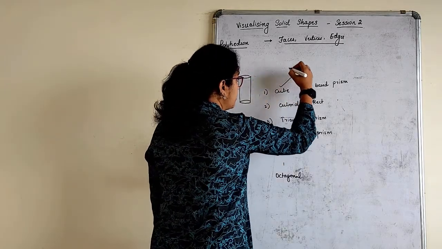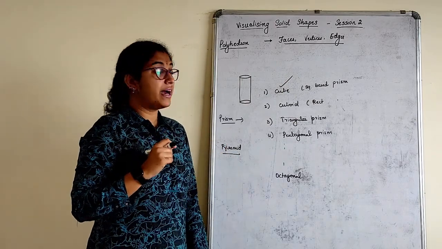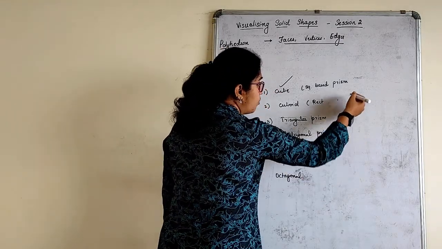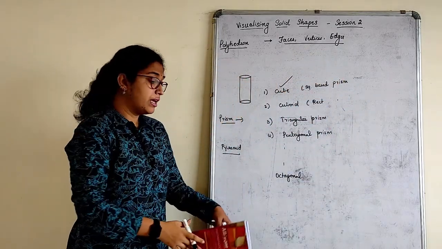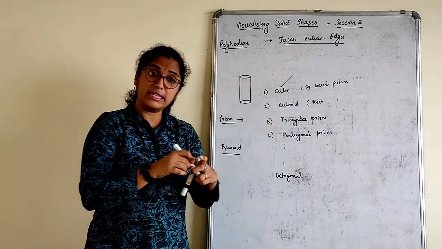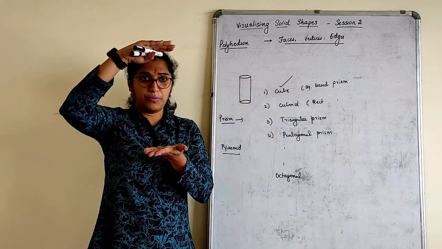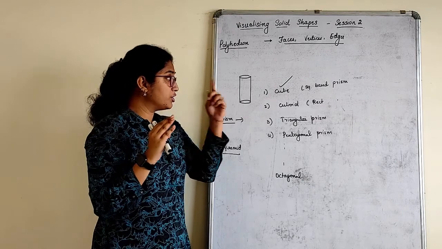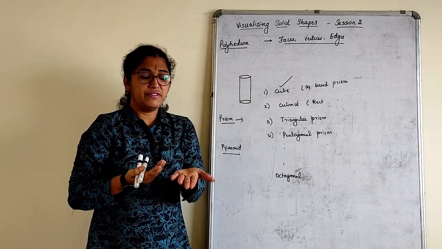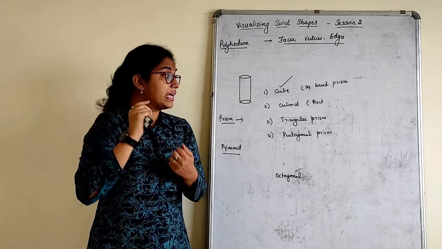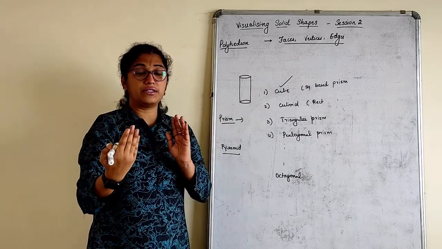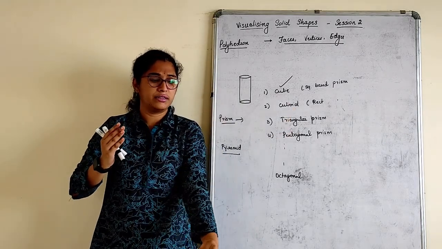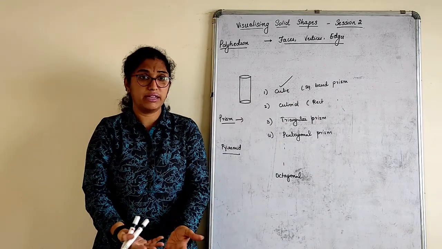Let me take a cube. Why did I call a cube a square based prism? Because what is the base of the cube? A square. What is the top of the cube? It is a square. Remember, a prism will always have a base and a top. The base and the top are congruent polygons. What do you mean by congruent polygons? They are the same. If this is a square, this also should be a square. Then, what about the other four faces? Always remember, a cube has four walls, one roof and one floor.